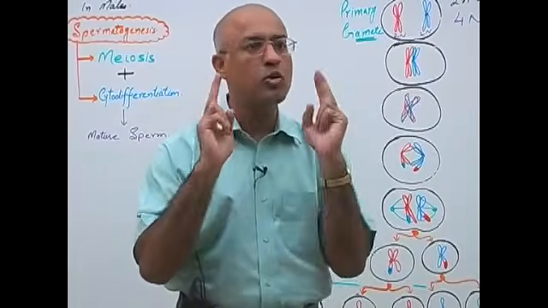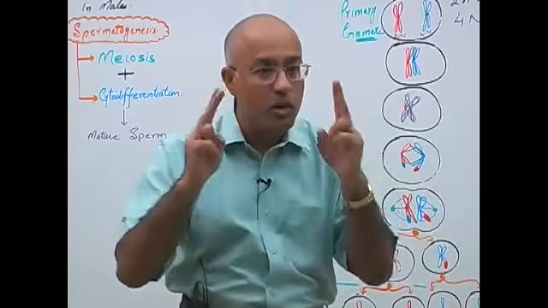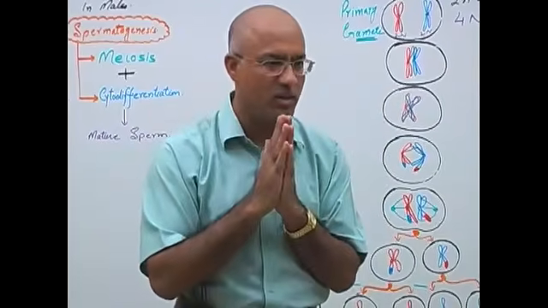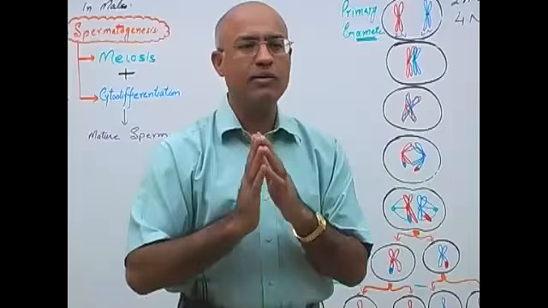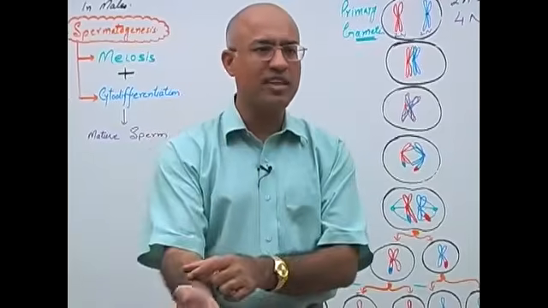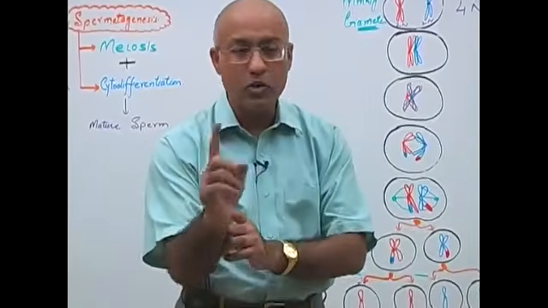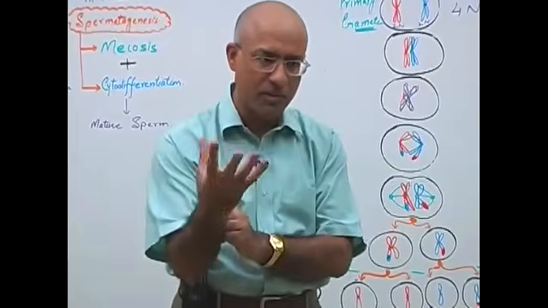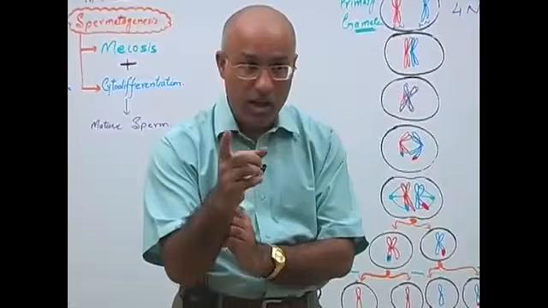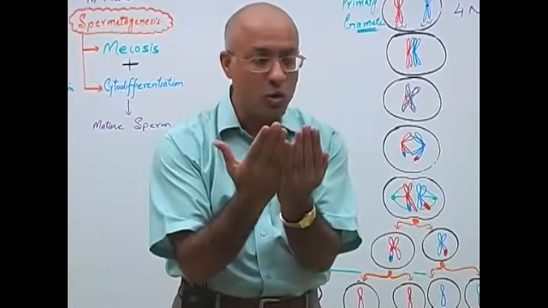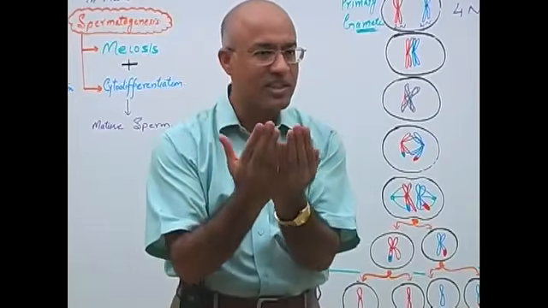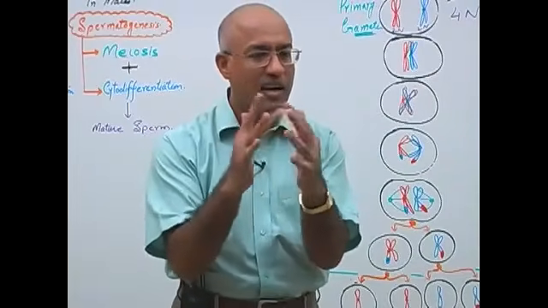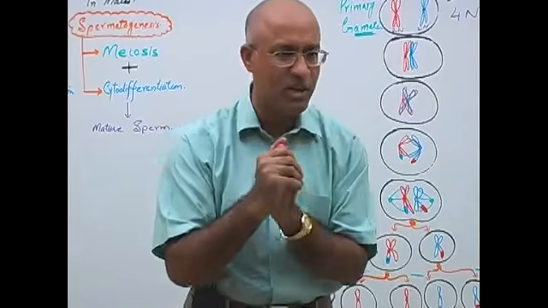But for double structured chromosomes during mitosis, the homologous chromosomes don't come near to each other and don't pair with each other. What does it mean? Let's suppose if in my body a skin cell is undergoing the process of mitosis, then chromosome number 7 from my mother and chromosome number 7 from my father will become double structured during mitosis, but they will not come close to each other. They will never pair with each other. They will never talk to each other. They will never exchange material with each other. But